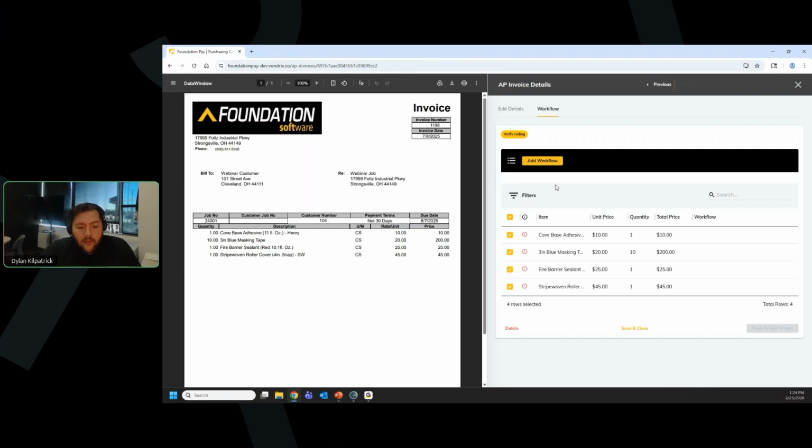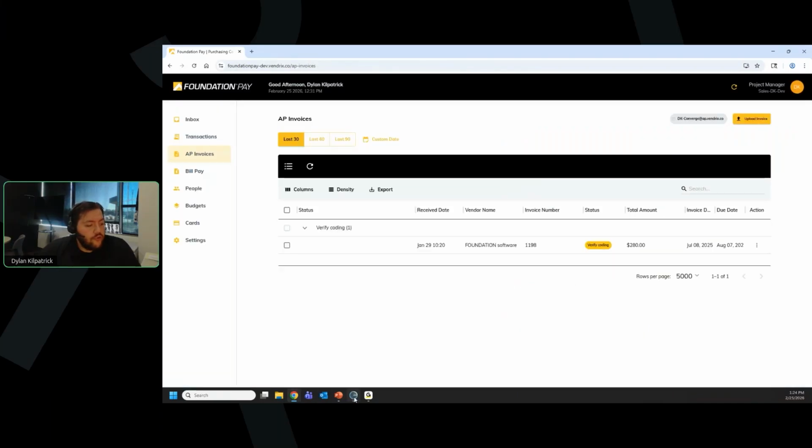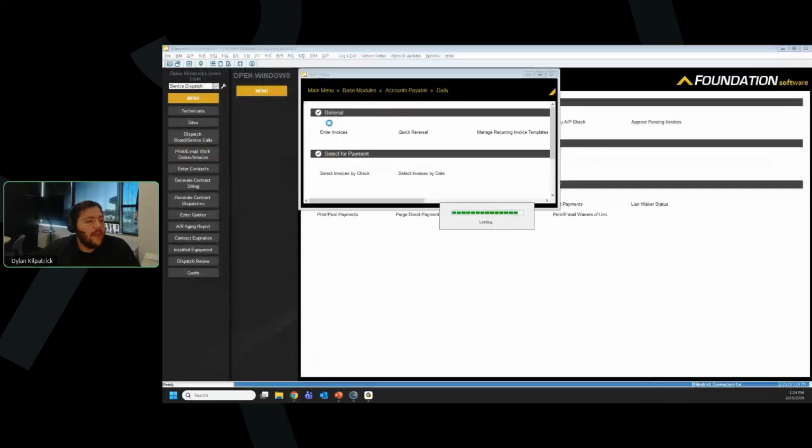So we're super excited about this. We're expected to have this AP automation tool ready at the end of March. I'm really thinking it's going to probably be like early April. So within the next 30, 45 days, we're hoping to have this rolled out, and once it's all the way through the system and approved, it will push directly into Foundation